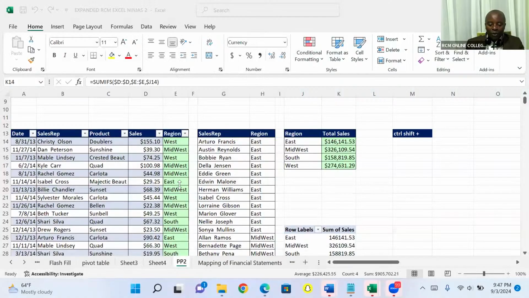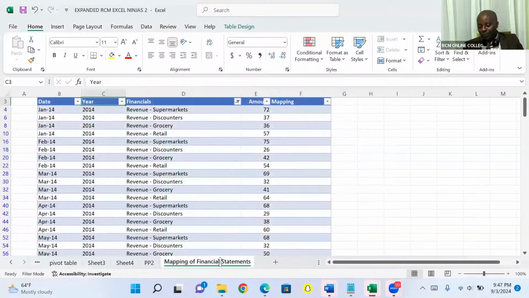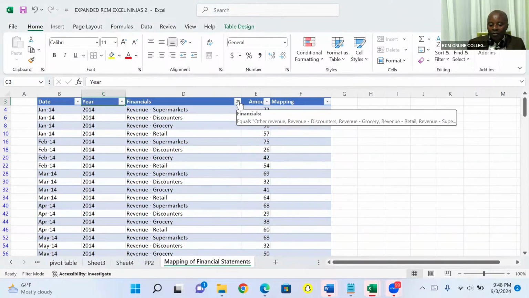I would want us now to come to the mapping of financials. This mapping of financials is so critical. Already, I've been able to put a table for you. First of all, ensure that this filter is